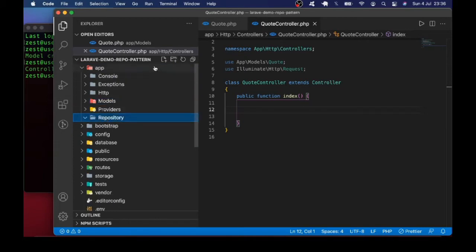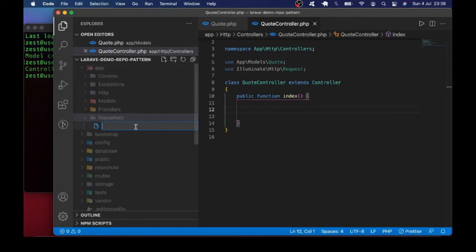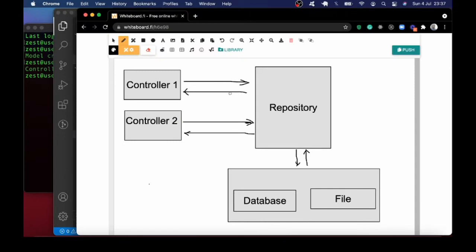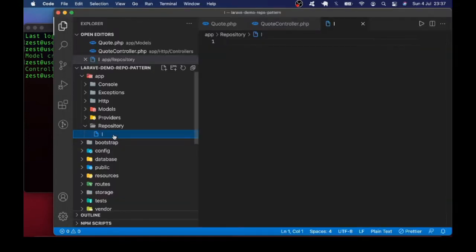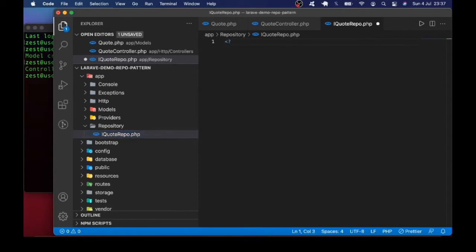And inside this folder, I want to make our interface, this very one here. So I'll just create a file. I like to start the name of the interface file with I, so I can easily tell that this is an interface and not a class. So IQuoteRepo.php, and here